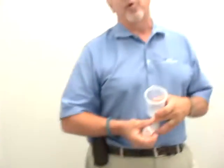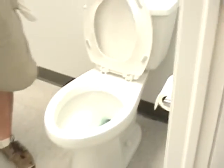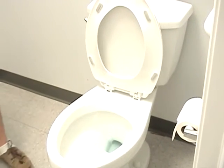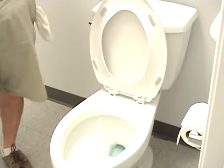Now, in a proper restroom facility for drug testing, you're going to see there's no sink in here. Okay? There's no cabinetry in here. There's no place for someone to come ahead of you and hide an adulterant. In the toilet, you'll see the water is blue. You're not going to be able to steal anything there by lifting the lid or whatever. Okay? At this point, you can put these two containers in your pocket,